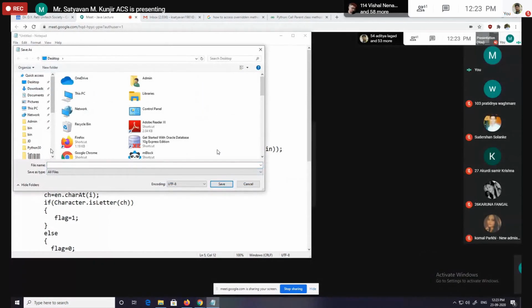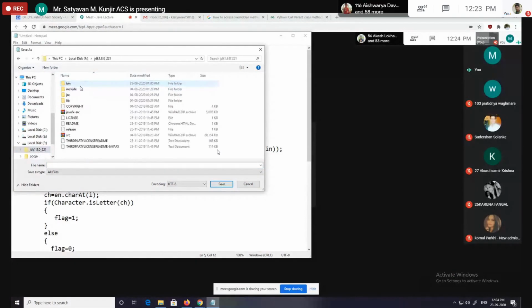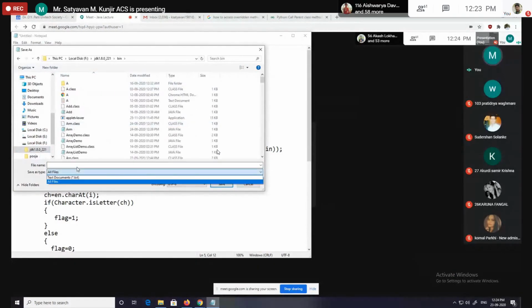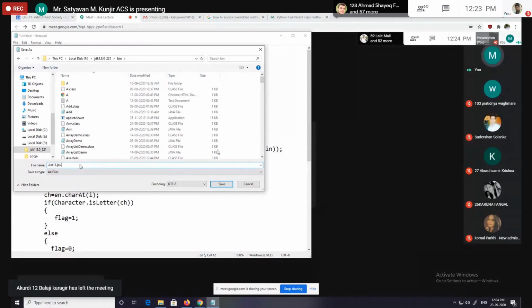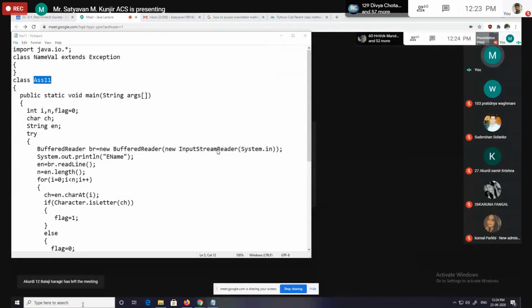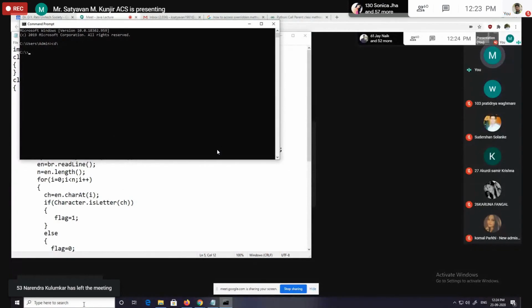I have to save the application on a drive, JDK, and then Bin, and here Assignment11.java, and compile this application and execute this. cd slash, drive, and cd jdk, and then bin, and then javac Assignment11.java, and then it's compiled, and then execute it.